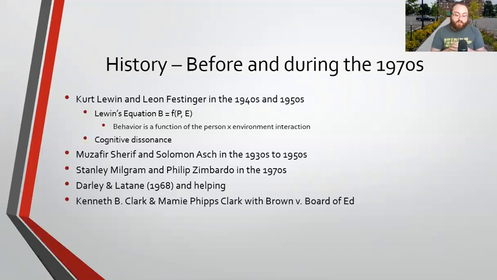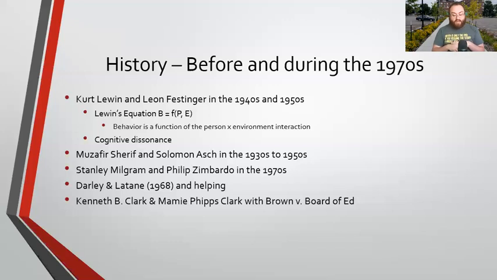Another thing to come from, and it's often attributed to Kurt Lewin, is this equation that behavior is a function of a person and their environment. What does it mean for behavior to be a function of the person and their environment? What Lewin pointed out, and what has become a cornerstone of social psychology ever since, is that anytime you analyze behavior, it doesn't happen without context. Always, when someone or an animal or anything chooses to engage in a behavior, you have to take into consideration the person variables and the environment variables.